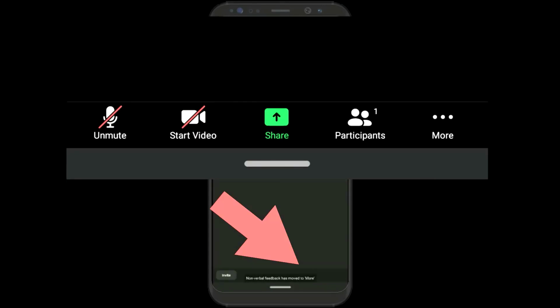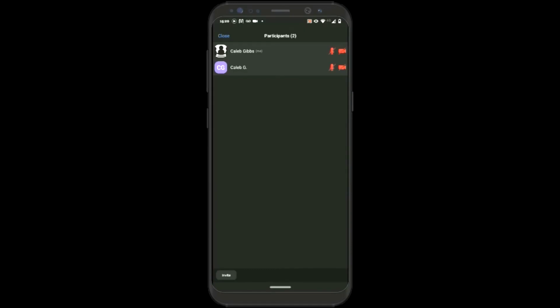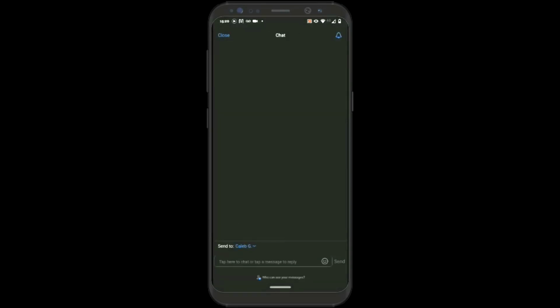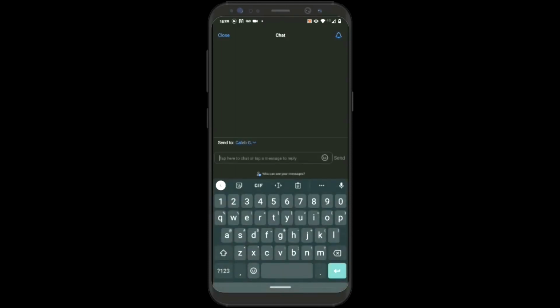And if you click on participants, instead of popping up on the side of your screen, on a phone or a tablet, it will switch completely and you can see the other people in the meeting. And if, for example, you were to click on one, you can then choose to chat with that person directly. You type the chat and it automatically goes to a chat window, and you can see at the bottom you are sending to Caleb specifically, and here you can type your message and hit the blue send option and it